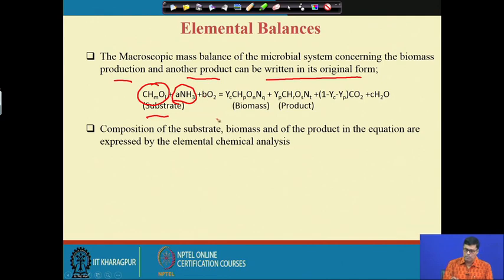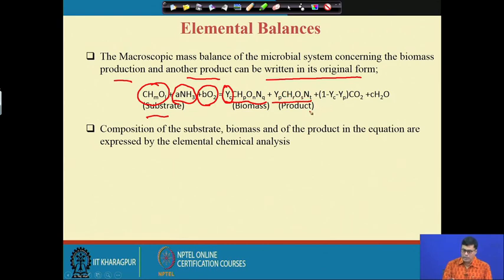If it is an aerobic system, we require molecular oxygen, so we can write BO2, this is molecular oxygen. And we get products like biomass, this is the empirical formula of biomass, and this is the empirical formula of product. So, Yc gram atom of biomass and Yp gram atom of product,